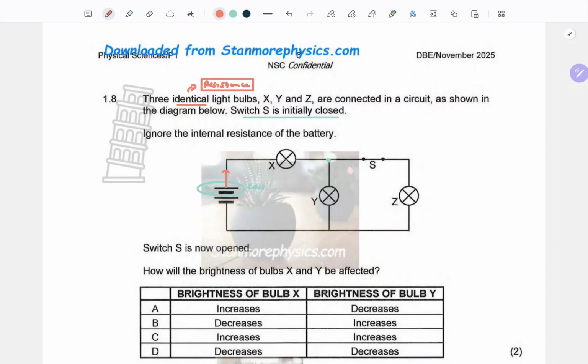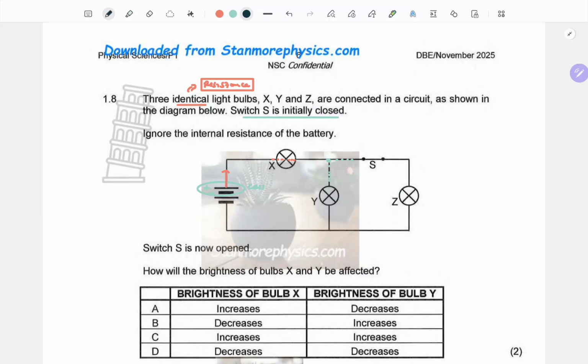Now we've got this situation. The conventional current comes off this way, and this experiences the total current, whereas the current splits into two equal components, if you want to call it that. Meaning it's going to be less than the total, but certainly equal for these two resistors. So they will be less bright than the initial, but they will have equal brightness themselves.